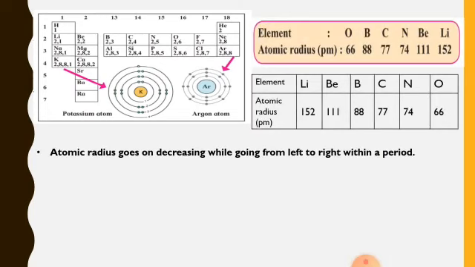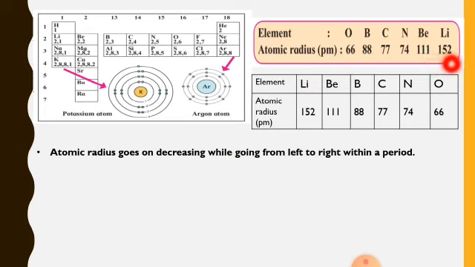So here we are going to learn something new. That is, the atomic radius goes on decreasing while going from left to right within the period. In your textbook, page number 25, one box is given like this, and here the elements are shown and the atomic radius is given. So what we are going to do is first arrange this in the decreasing order. If we arrange the atomic radius in decreasing order, then the first element what we will get